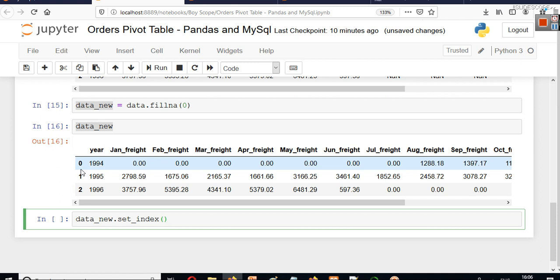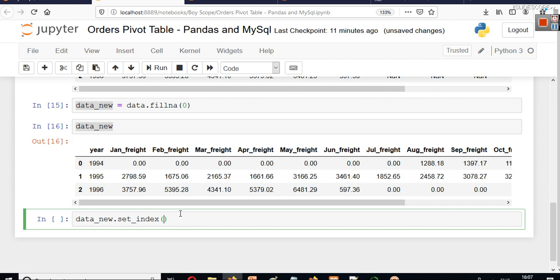And what we want to do here, we don't want this, we want year to be the index. Why do we want year to be the index? It is really clear, because year is something that we are considering as our main thing of analysis, and we are analyzing the freight collected every month for a particular year.